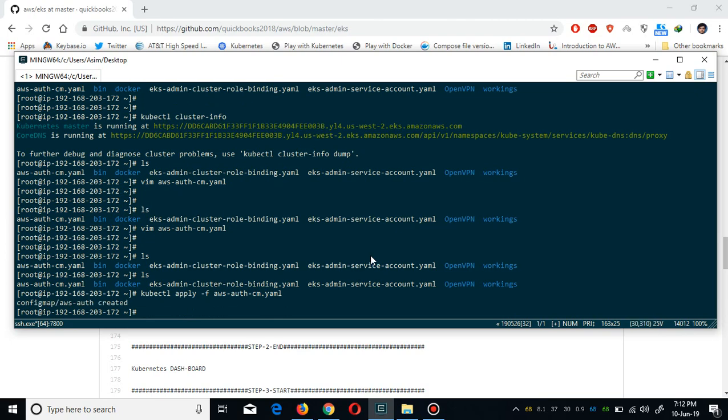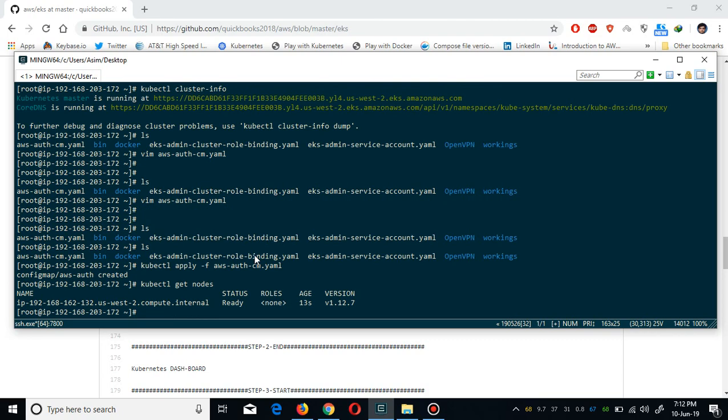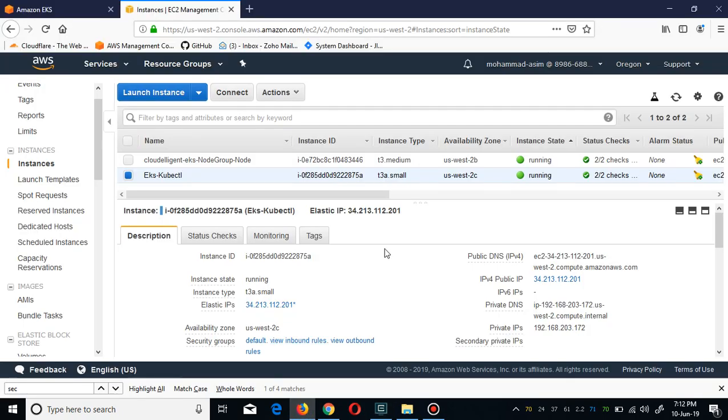So you see, config map aws-auth created. I'm going to see whether our nodes are running or not. Okay, so you see our nodes, in fact our node, is running up. Just for the demo purpose,